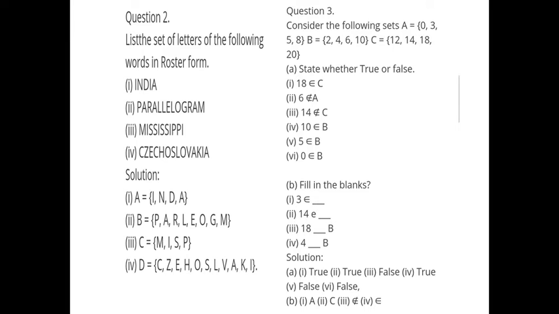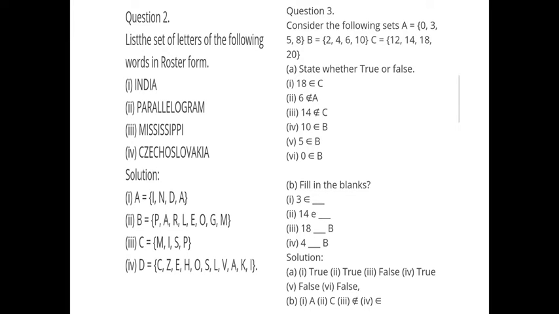See, first India, A equal to, we have to write all the elements or the objects, but there should not be any repetition of the element. First A equal to set of, what are the letters in the word India? I, N, D. Once again we have I, but the element should not get repeated, therefore need not write I once again. So I, N, D, A are the elements of the set A.